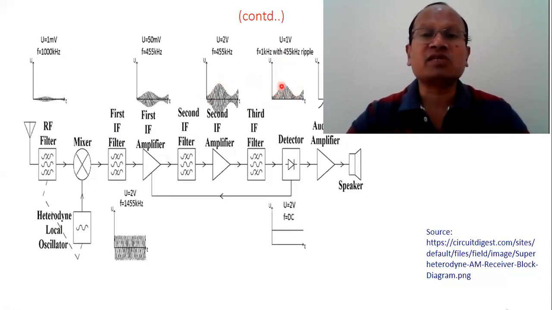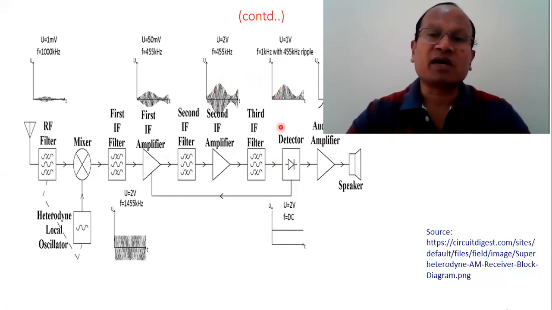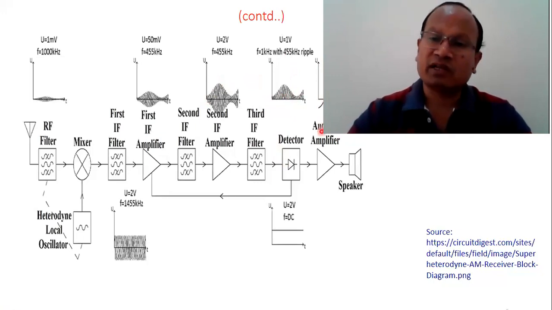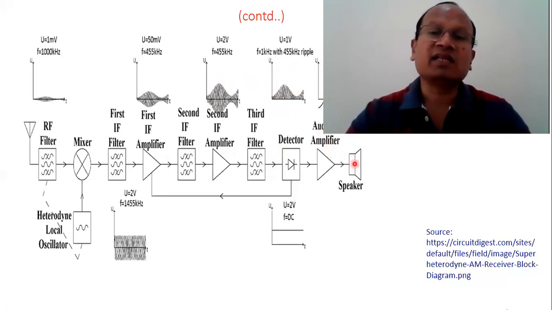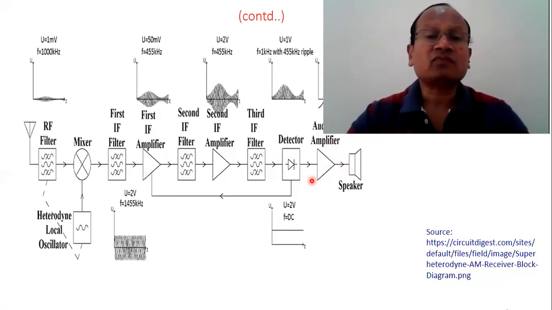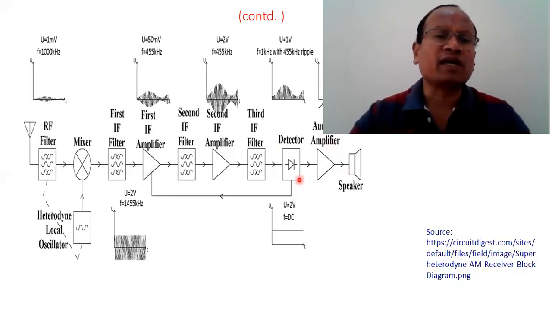And this frequency, which is 1 kilohertz, as the envelope is finally recovered, after passing it to the detector we get this signal. After passing through the detector, the diode, the envelope detector works, and we get the envelope of the signal as the audio signal. This signal goes to the audio amplifier where the signal strength gets enhanced, and then it is passed to the speaker. One more interesting thing here is that from the detector there is a feedback mechanism going to the IF amplifier.